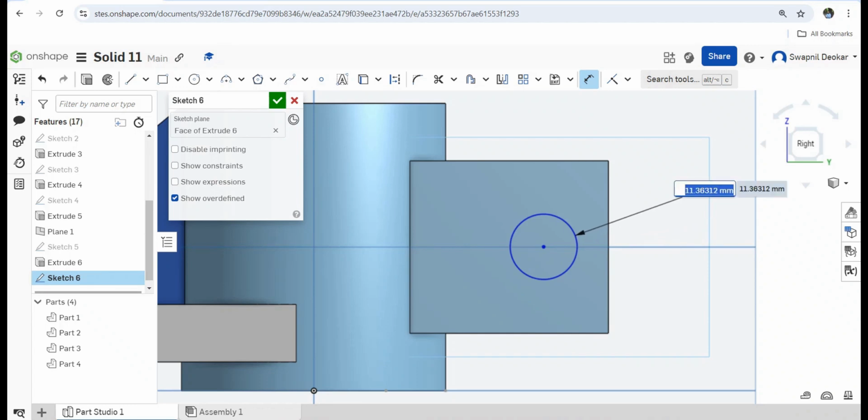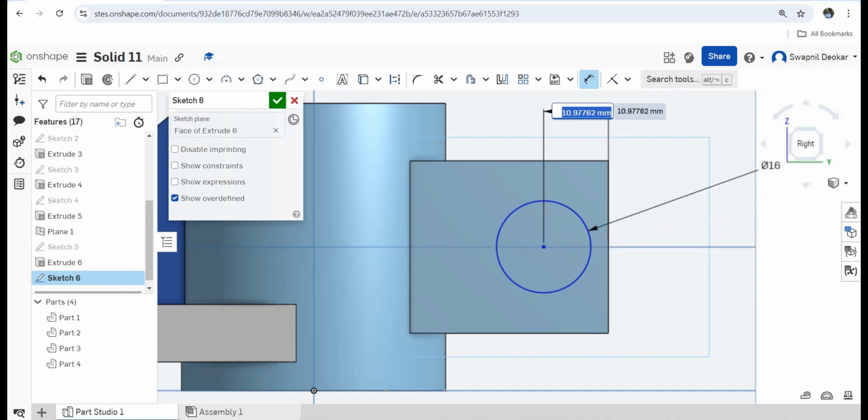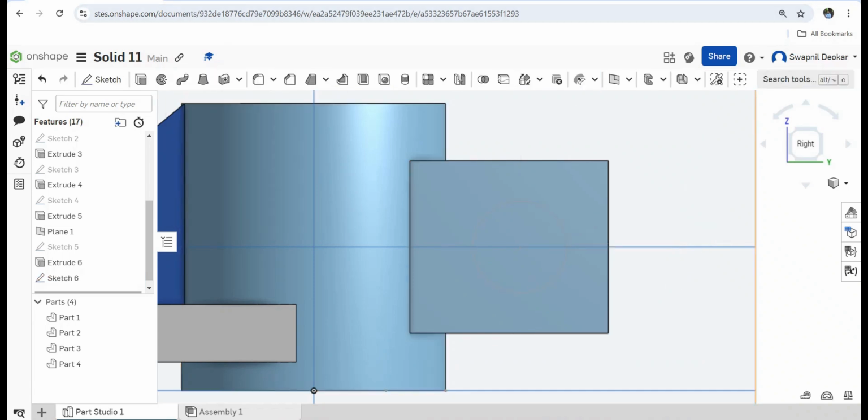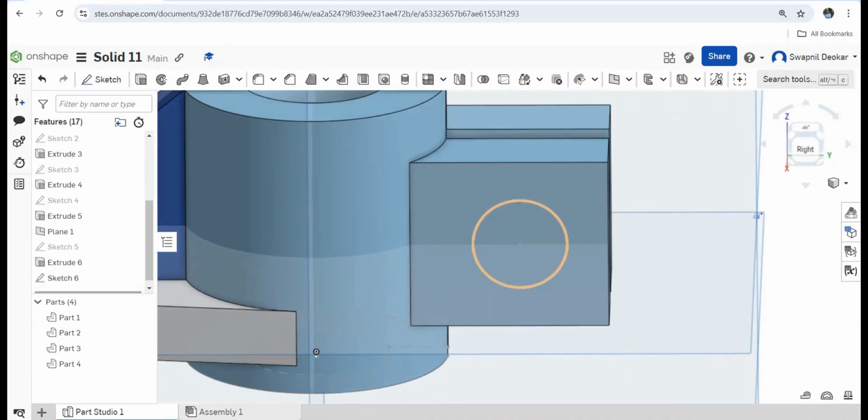So this phi, diameter is 16, and from this edge it is 15 mm apart, and from this bottom also it is 15 mm apart. Done. Now next is